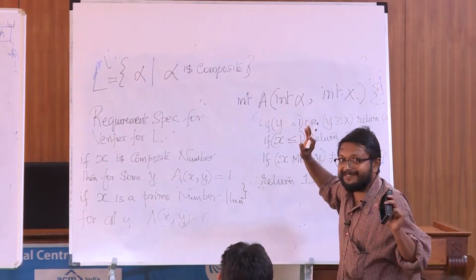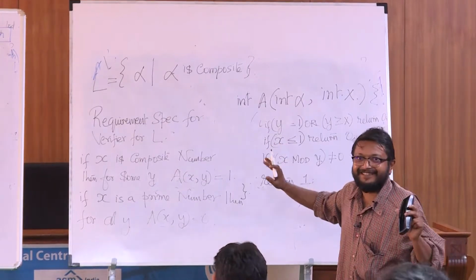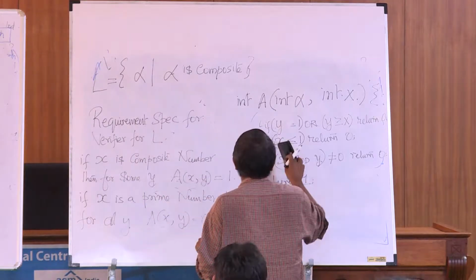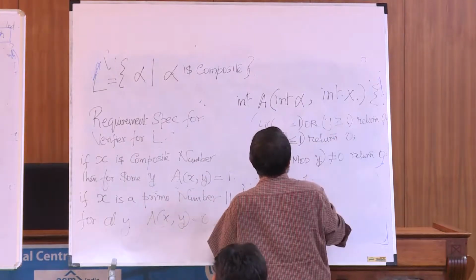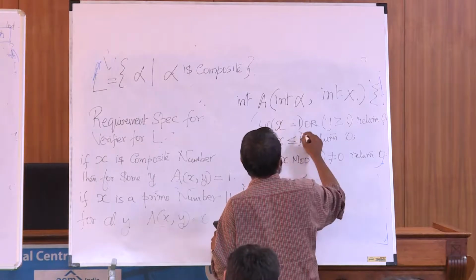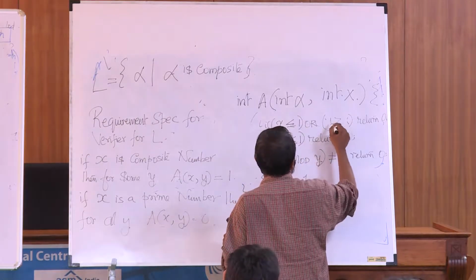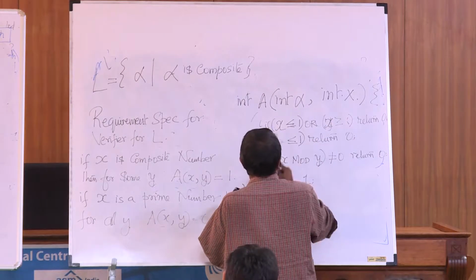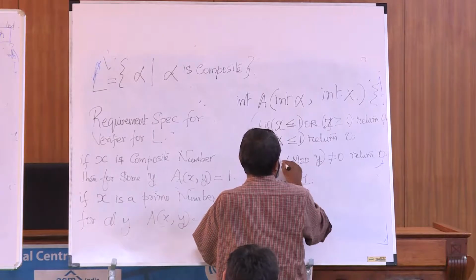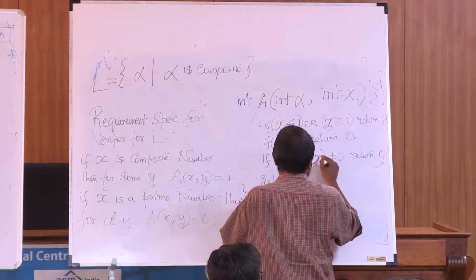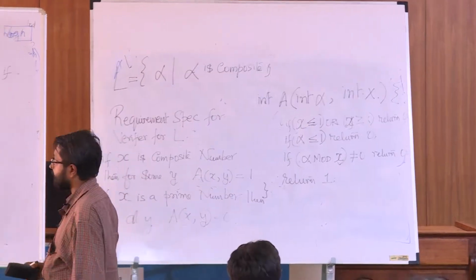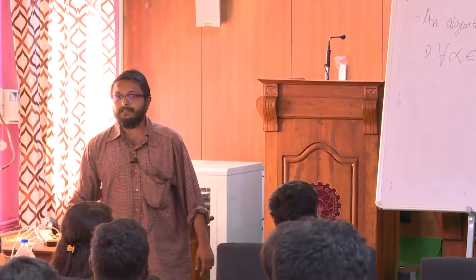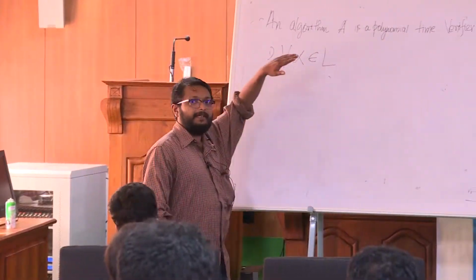If somebody is confused, you should write it this way, because our notation was this, but I hope there is no confusion here. So for all alpha in L, that means if the input alpha belongs to L, then